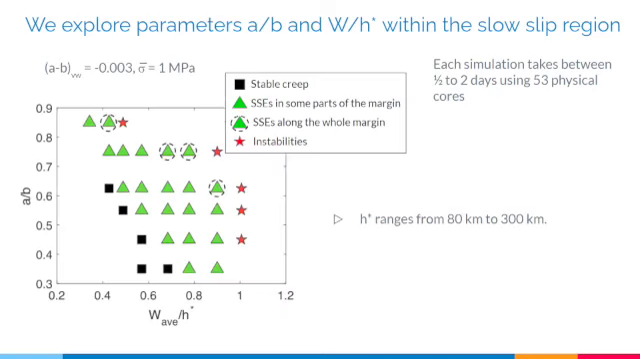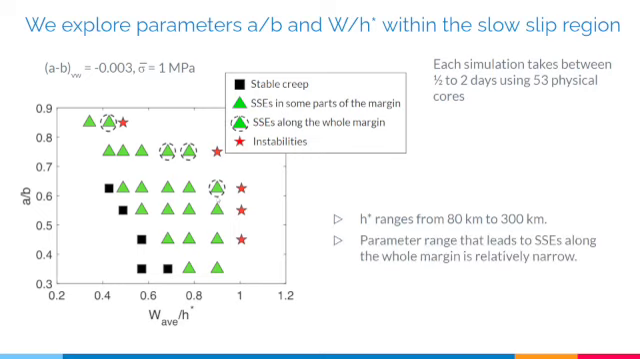So we find different slip behaviors from stable creep to instabilities and SSEs in between. It is interesting that even though most of the simulations led to SSEs, they didn't arise in the whole margin as the observations indicate, but only in certain parts. So the simulations that are encircled here are the ones that were comparable with observations in that SSEs arose along the whole margin. From these circled simulations, we selected a best model that reproduced the properties of shallow Hikurangi